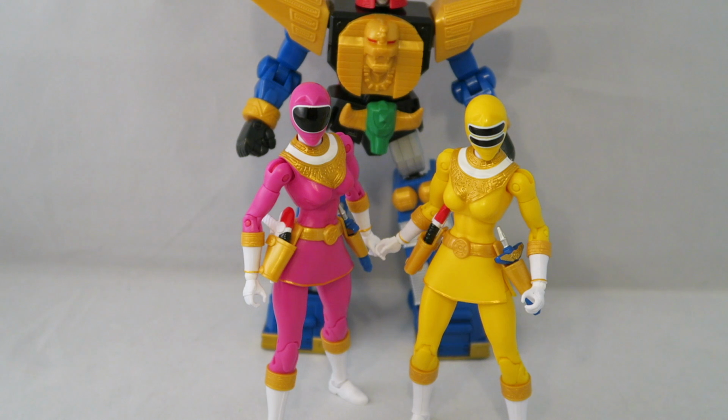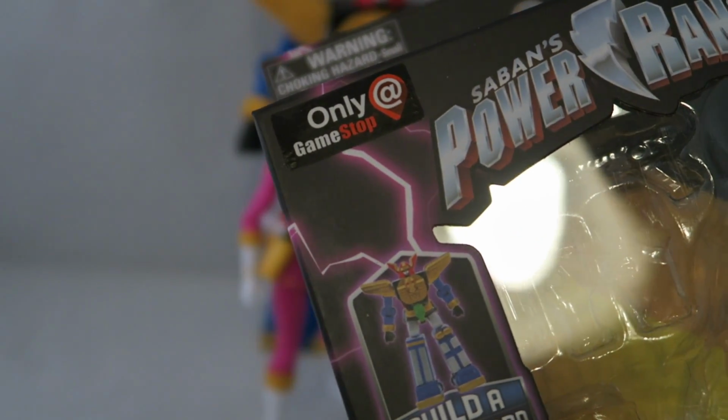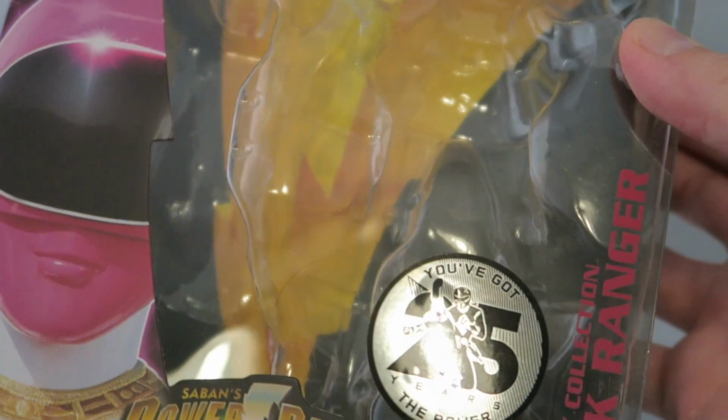Figures. Right off the bat, in case you're curious how to get these things, they are actually a GameStop exclusive. Yes, you heard that right, a GameStop exclusive. There's a little sticker here right on the box, if it'll just focus on it for you. It says GameStop exclusive, there you go. It's not made on there permanently, just a little sticker, and there's also a little 20th anniversary sticker